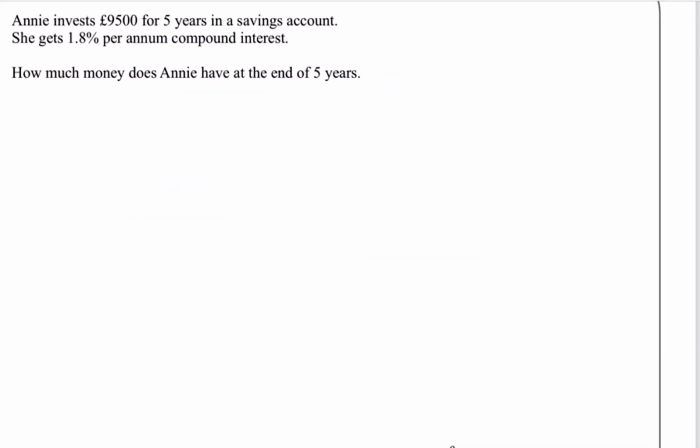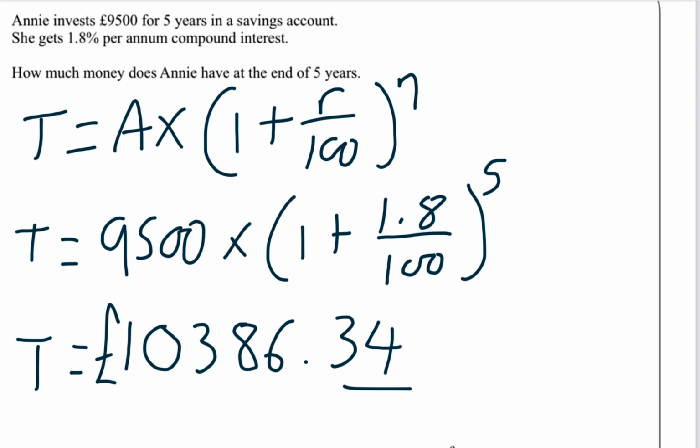Here's another question. Pause the video now and I'll put up the answer in a few seconds. I've put the answer up this time and rounded it to 2 decimal places. Just check if you're correct. What's a really nice thing sometimes to do as well is see the bracket, as I told you, which produces